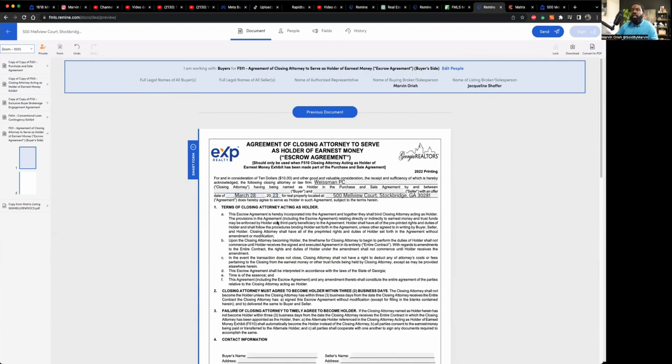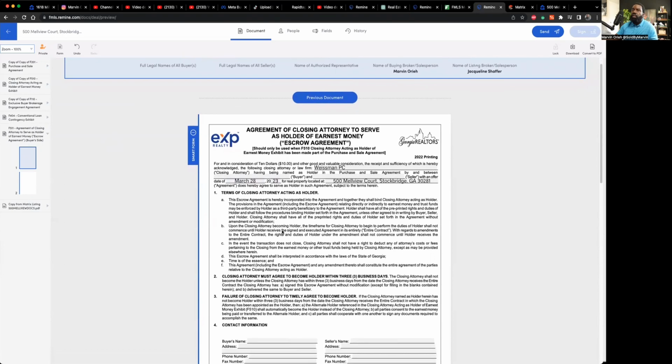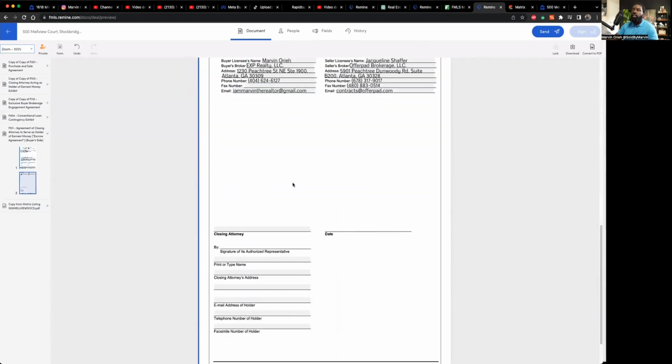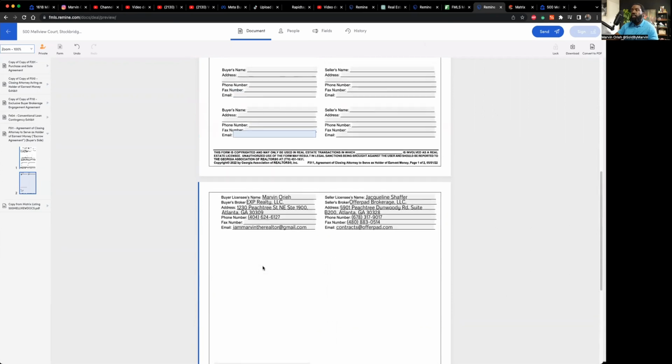Lastly, here is the agreement of the closing attorney to serve as holder of the earnest money, as I mentioned. So Weissman is the attorney that we're using on this hypothetical. It was the holder of the earnest money. Address is listed here for the subject property. What you'll do is once you have this page completed, you will not sign this. This is what the closing attorney will sign, but this will all be a part of the packet that if your offer is accepted, which I'm hoping that it will be, then you will email all of these documents here: